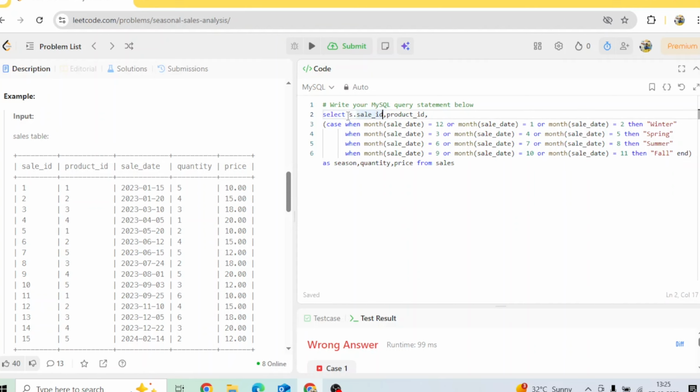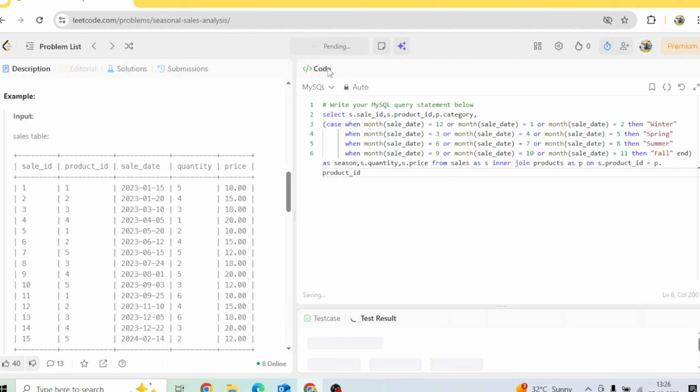I will say s.sale_id. I will alias this one as s.product_id. I will say p.category, right? And I will say s.quantity because that will be coming from the sales table, s.price from the sales table as s, inner join products as p on s.product_id is equal to p.product_id, right? If I go ahead and run this, then the category will also be displayed here,